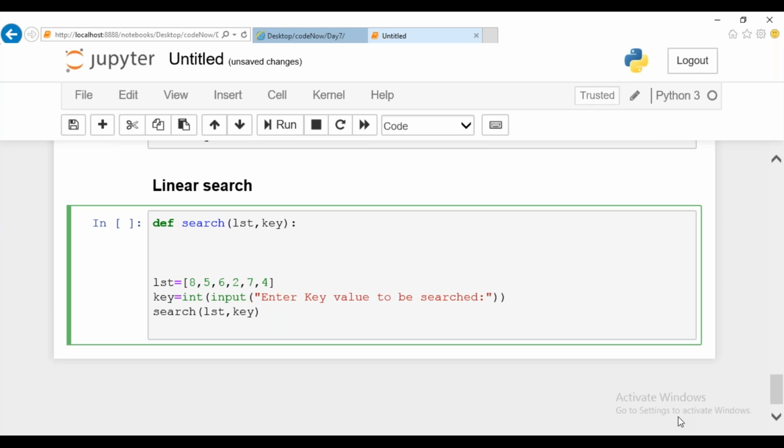So quiet. Okay, we'll try here, guys. Okay, fine.